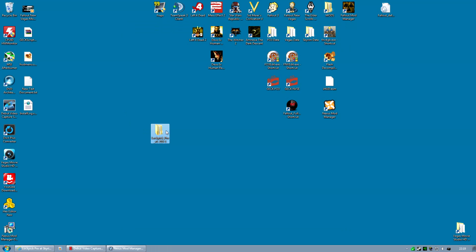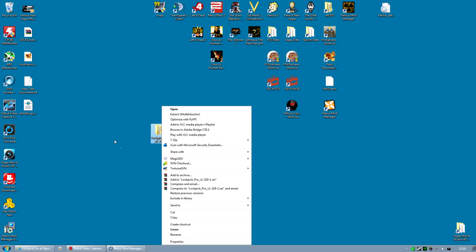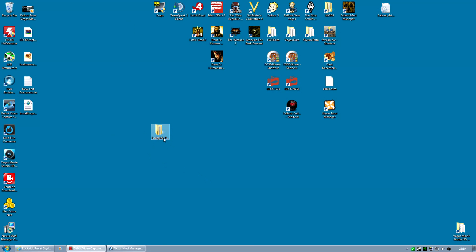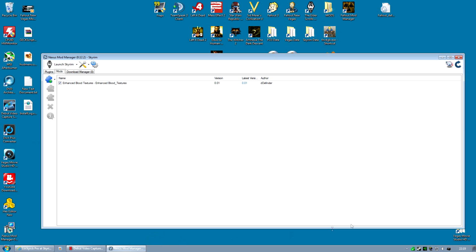Now I close this. I now have to turn it into an archive. Now I could 7-zip it, zip it normally, or add it to a RAR. I like RAR, so there you go. And I don't need this anymore. I now have a single RAR file, and I open up my Nexus Mod Manager,